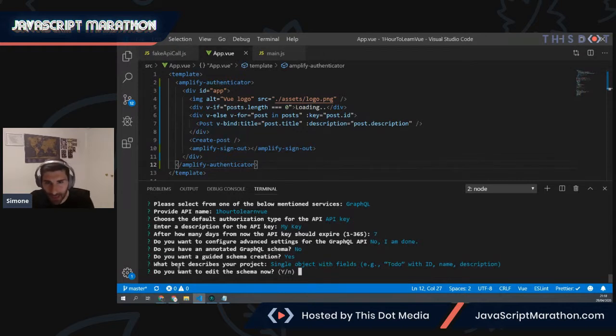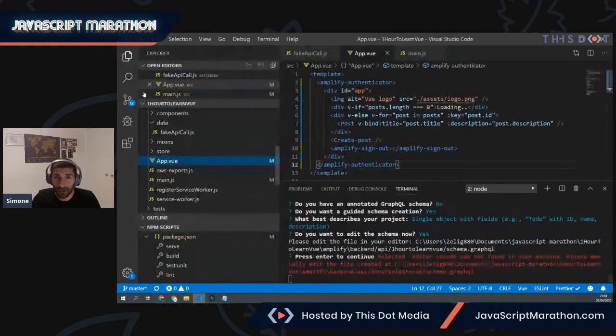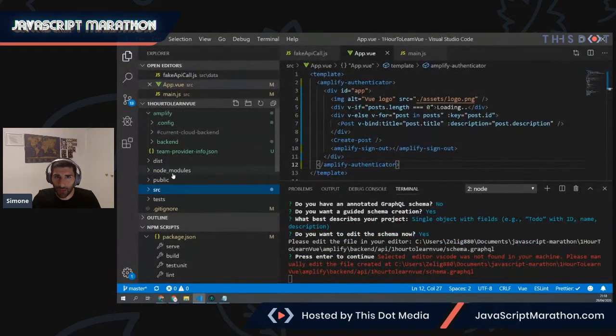Do you want to edit this? I'm going to say yes. It doesn't know how to actually open up my editor, so it could not find my VS Code because it's installed on different environments. So just go in this file and actually load it up, and you'll be able to change the GraphQL query. So if we go in our application and follow the information there, it's going to tell you backend,